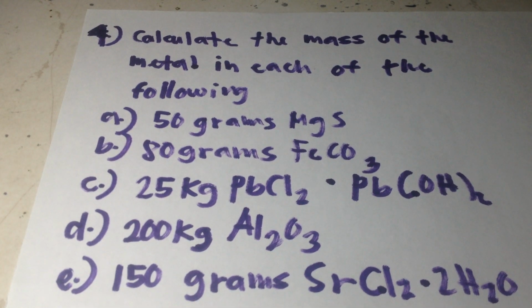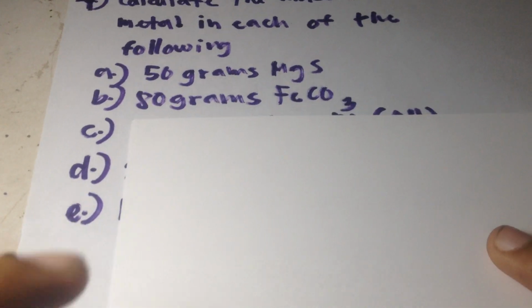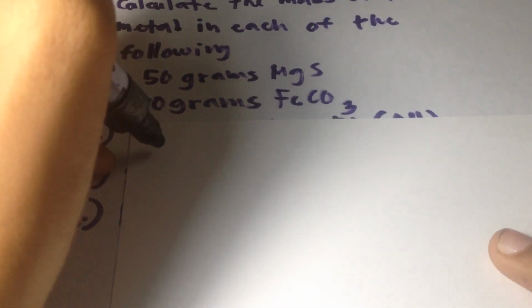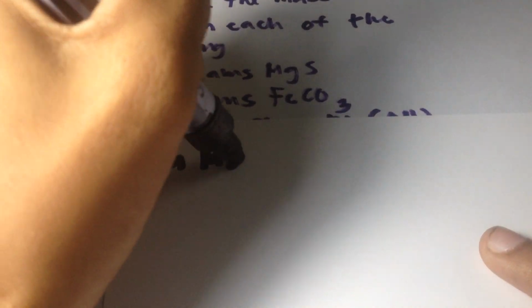In this video, we continue number 4. Calculate the mass of the metal in each of the following. So letter A, we have 50 grams of magnesium sulfate. First thing we need to do is find the formula mass of magnesium sulfate. So the formula mass of magnesium sulfate is equal to